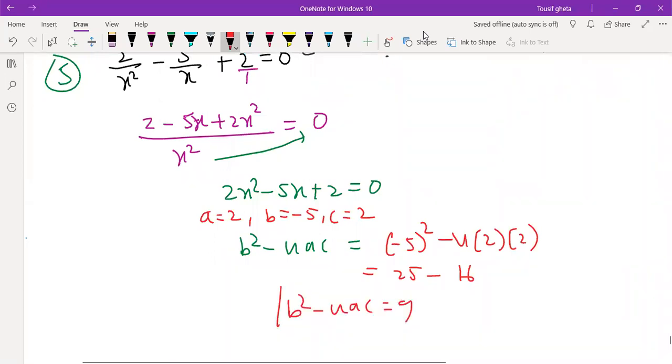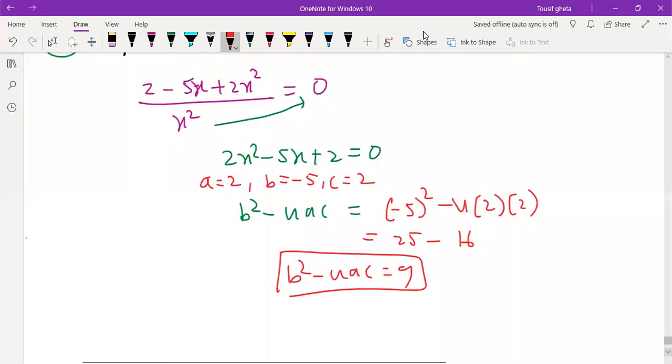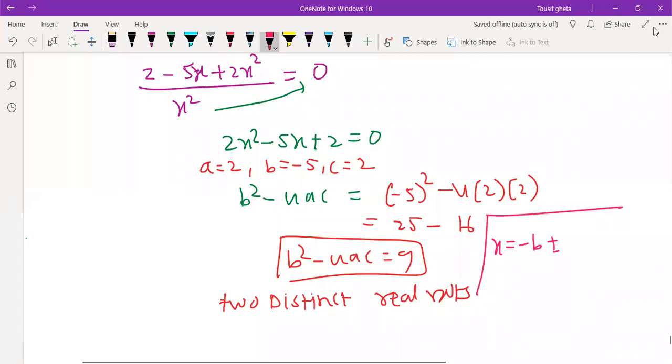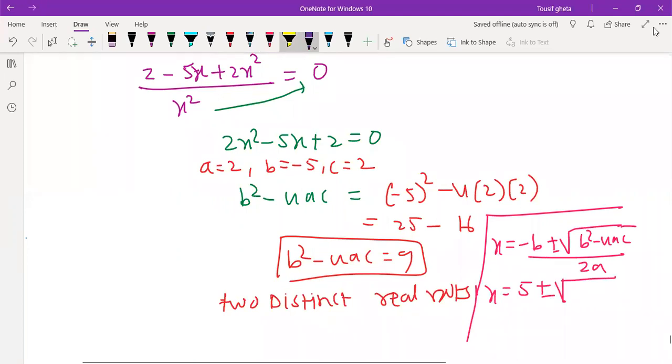So this is a positive value. So b square minus 4ac is greater than 0. So we should write what? Two distinct real roots. So as you got real roots, you should find out those roots. Very good, Arfat. So I will find out those roots now. I know the formula x is equal to minus b plus or minus root of b square minus 4ac whole divided by 2a. Very simple, yeah. x is equal to minus b means I will get plus 5 plus or minus root of b square minus 4ac. Just now only we simplified the b square minus 4ac value. What is the value? 9. So directly substitute that value in the place of b square minus 4ac.